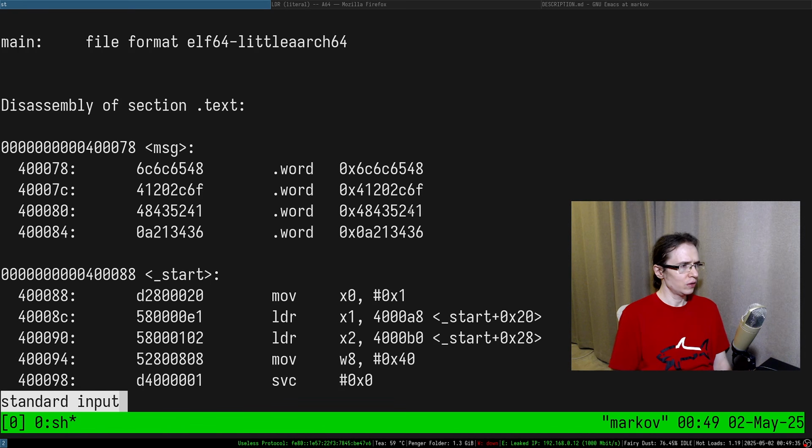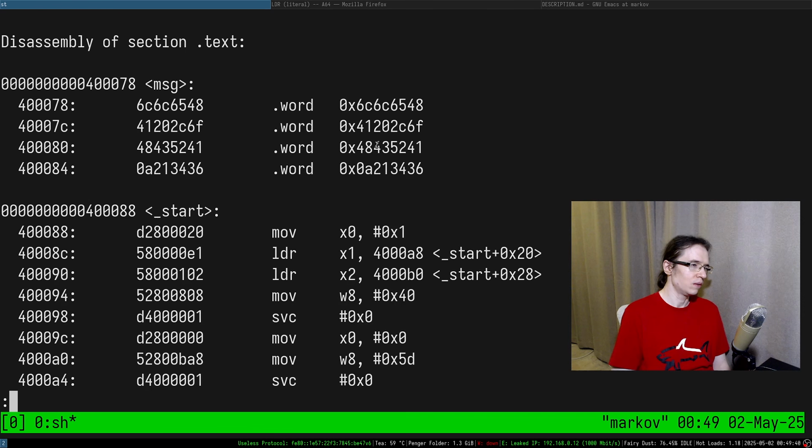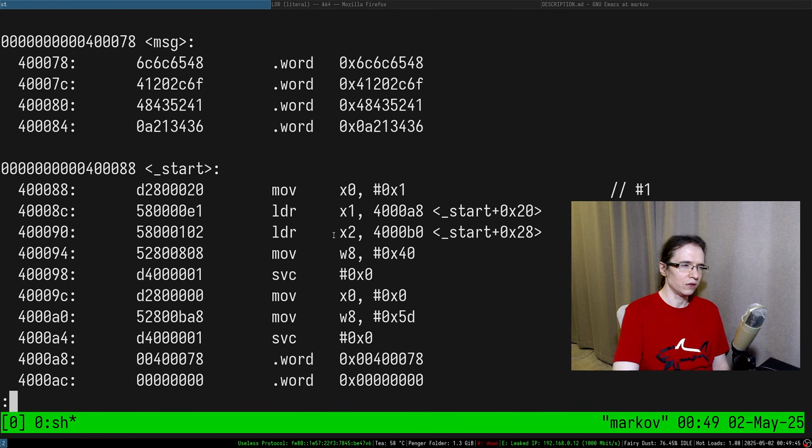So, and it's all relative. So here is the message, and it's just a bunch of words. It doesn't really tell us. And it's also a relative load. Look at that. Wait, does equals create a value in static memory? I feel like it does.